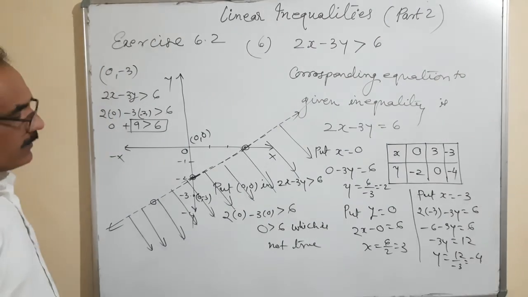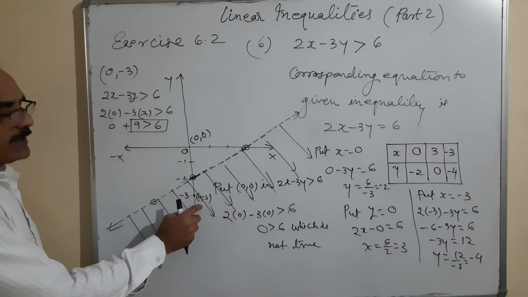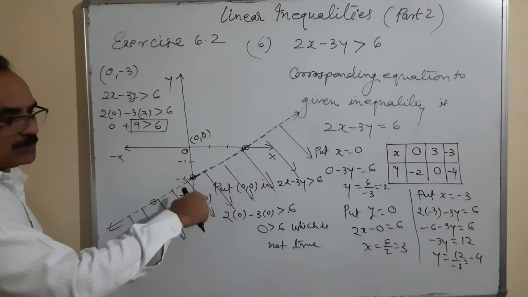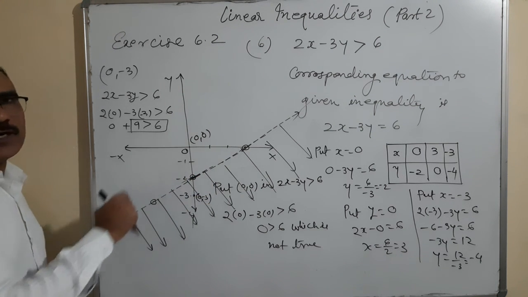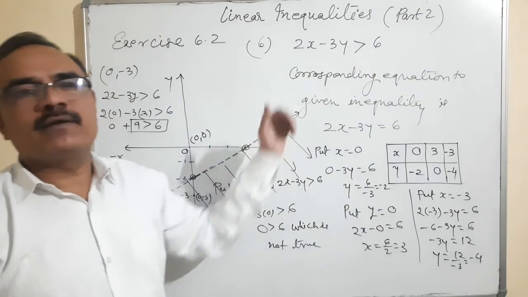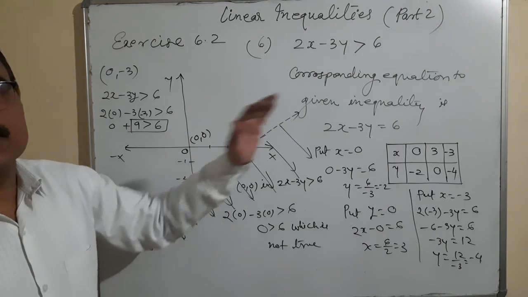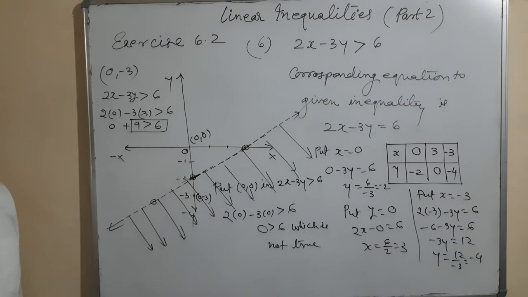Is it okay? So now this confirms that the point you are taking is satisfying the condition. If you take a point which is away from it, or which is not representative of this inequality, it will not satisfy that condition. So the shaded portion is this, to the lower side of the line.